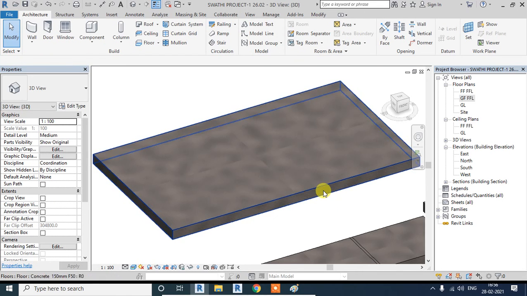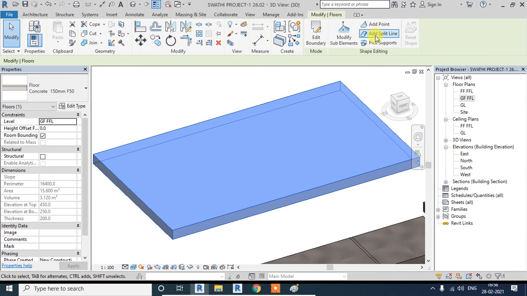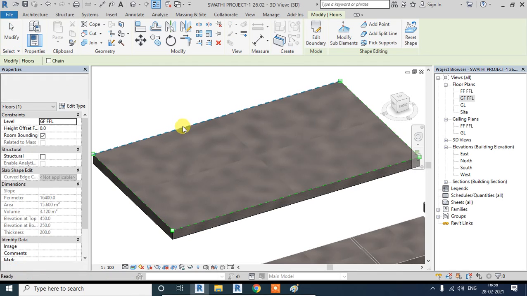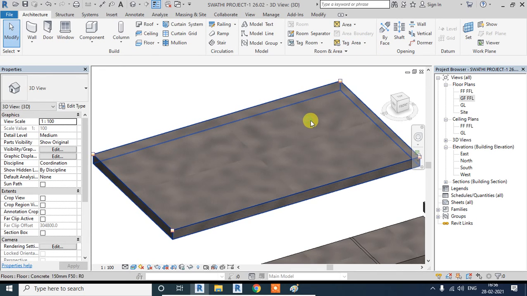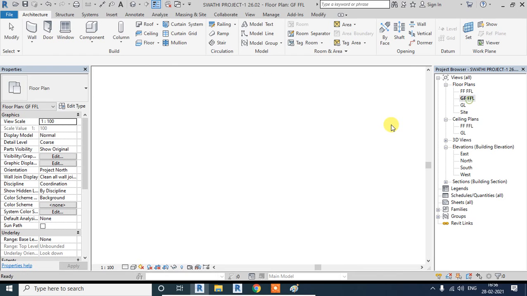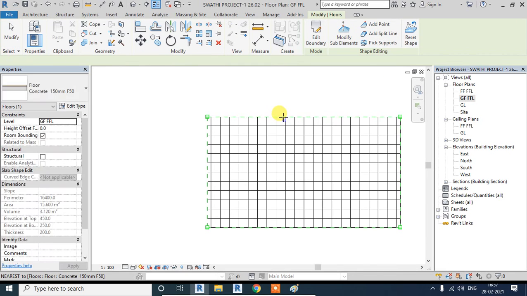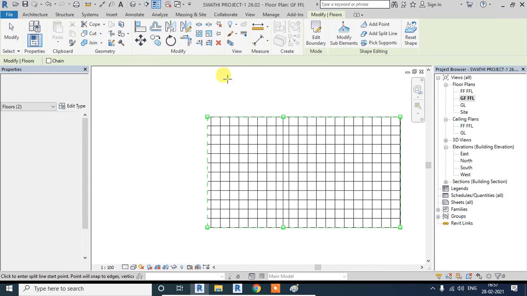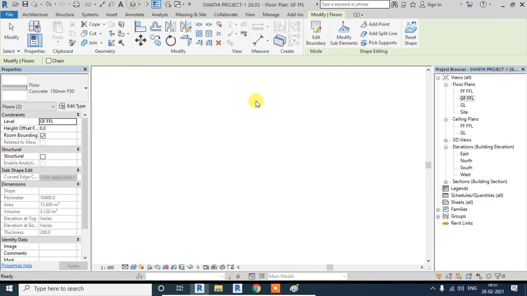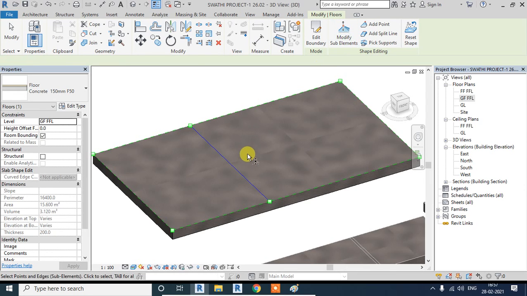Suppose I'm distorting the shape, whichever way I'm distorting it. That's why you should always work in 2D view. Select it and say add split lines. I'm adding this one, maybe I want this as some tent or something. I can go to modify sub element, select this edge, give a value.